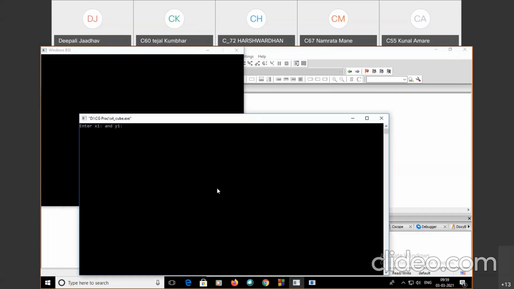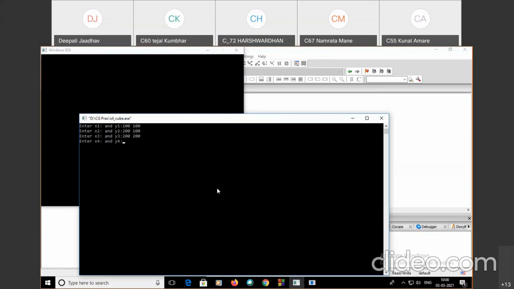I'm going to enter the values here. 8 values we need to insert. I enter 100, 100 for x1, y1, then x2, y2: 200, 100, then x3, y3: 200, 200.